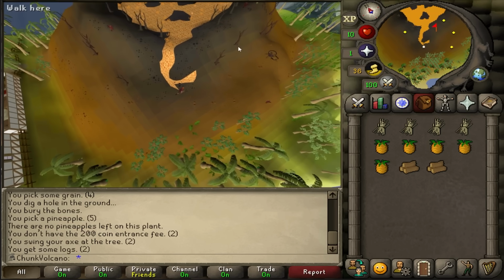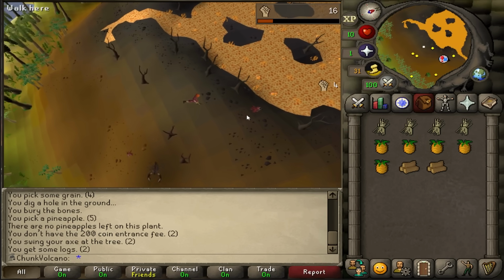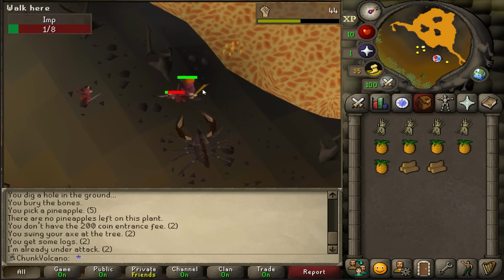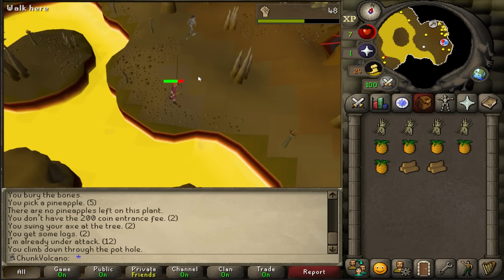There's also a load of imps around here. These have a real varied drop table. I don't know if I'll get any money from them, but I can try killing one. Wait, what? The scorpion just PJ'd me. Instead of dying to a scorpion, I decided to leave the imp alive and go down the volcano,